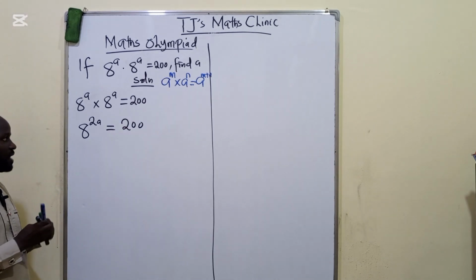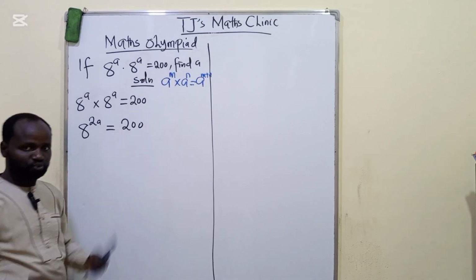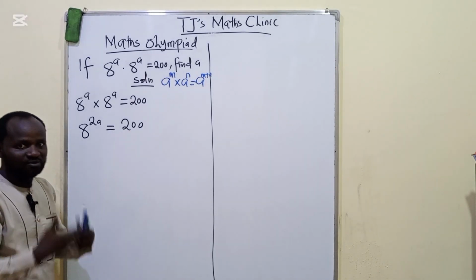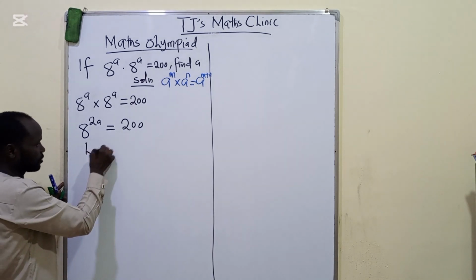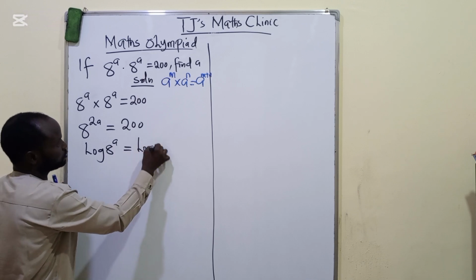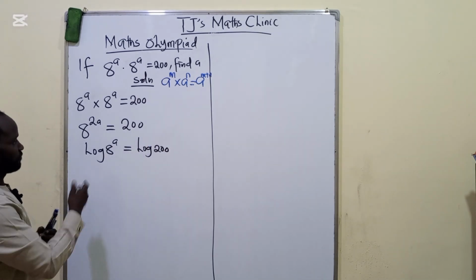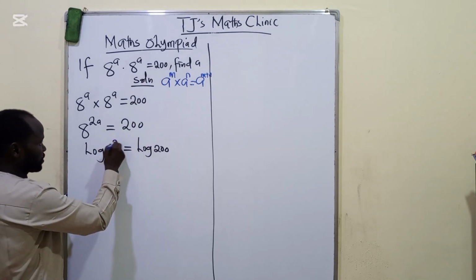Very important. The base on the left is 8. The base on the right hand side is 200, and we cannot easily write this 200 with the base of 8. So what do we do? We take the log of both sides. It will now be log 8 power 2a equals log 200. Very important. From one of the laws of logarithm,